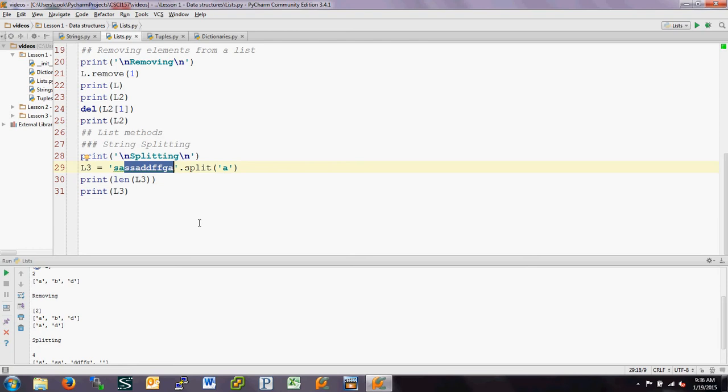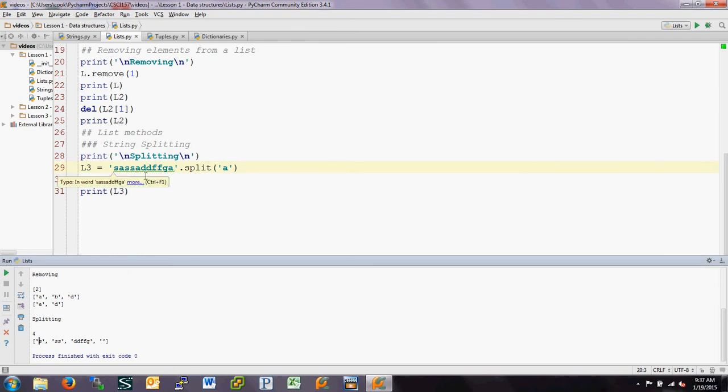in a list. But now this long list here, it's going to go through that, look for A's, split it, so we'll get an SS and the DDFGA. Oops, I just moved something. And the DDFFGA, it's going to go look for the A again, find the DDFFG, make that a string, and make everything after the A another string. And it's going to return a list of all those separate strings that were split by the A. So we get the S, the SS, the DDFFG, and finally an empty string because there's nothing after this A